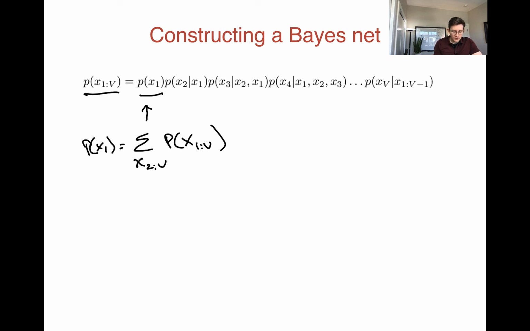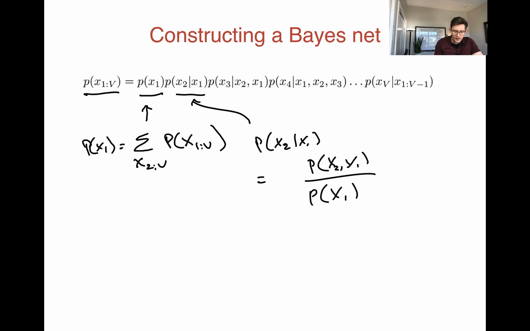Same thing for x2 given x1. This equals P of x2 comma x1 over P of x1. I already showed you how to calculate P of x1. I can calculate P of x2 comma x1 in exactly the same way. I do just the same thing here,